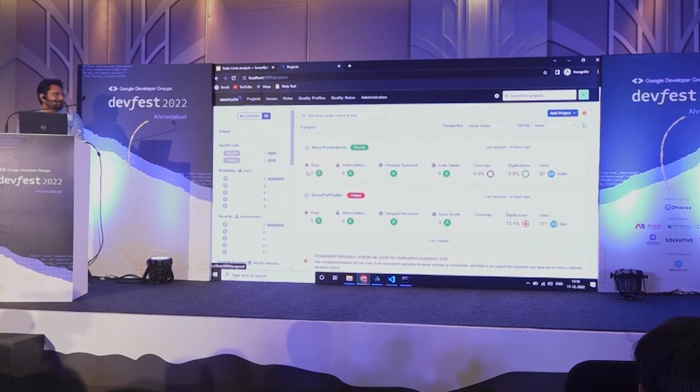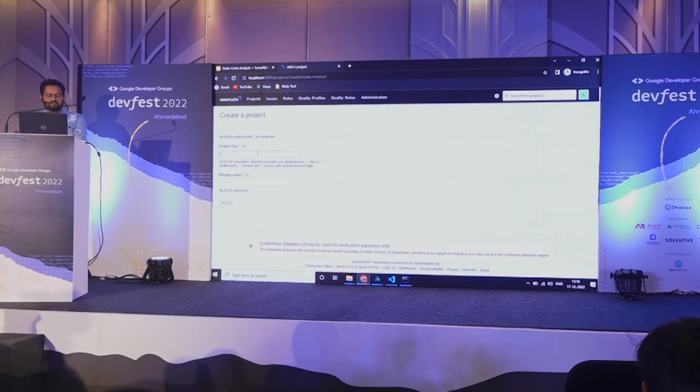Okay, so this is the Sonar dashboard where you can see the list of projects, and here is the way where you can add a new project. Here is the place where you can give a unique ID to identify your project. So let's say if you want to create a GDG Android,